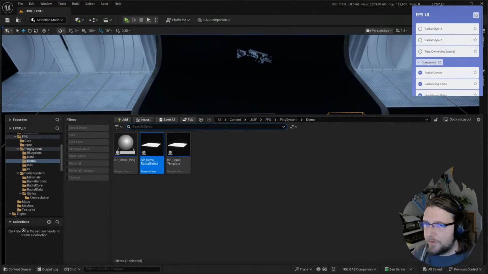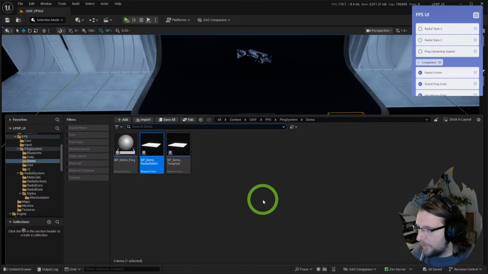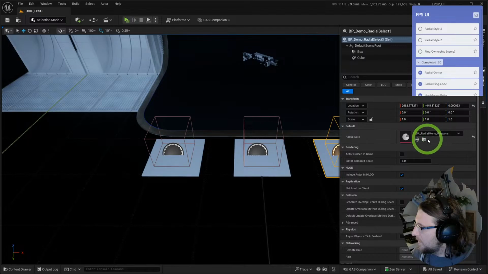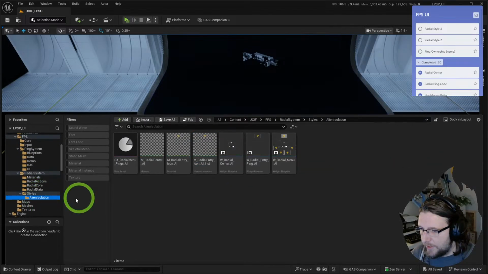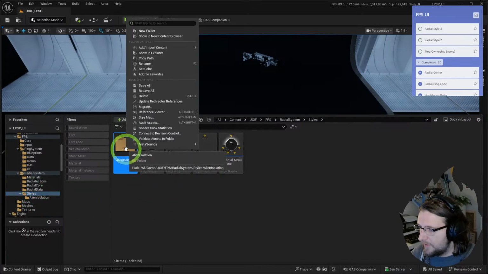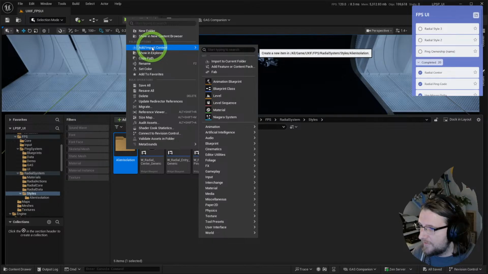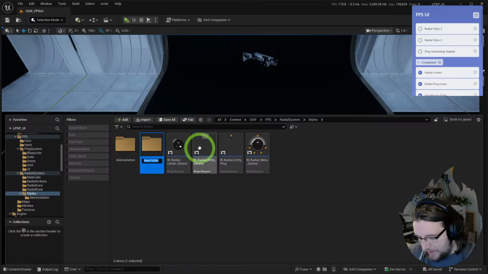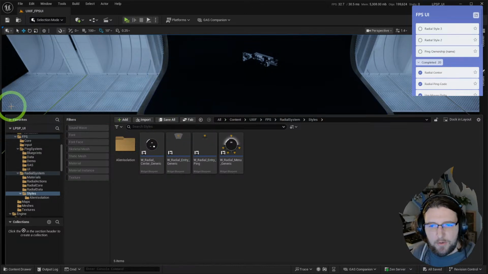Okay, so let's do another one. Let's do a third one. So here we have Alien Isolation. What I'm going to do is copy this folder and paste it. Can I just duplicate the folder? New folder, I suppose. Well, we need to decide what we're going to be inspired by this time. So let's go back